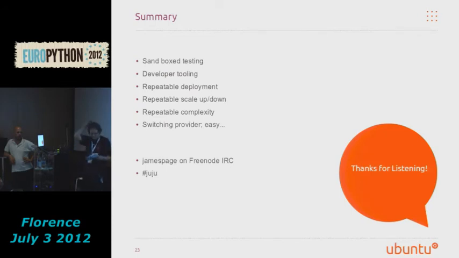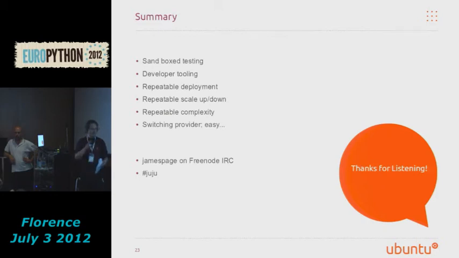Okay, so to summarize. Juju provides a great sandboxed environment using LXC for developing and testing charms. So if you want to get started with this now, you can run this on your laptop. You can run it in an EC2 instance and still use the LXC mode because it works there as well. You can also use that local provider for testing out or trying a charm from the charm store before you then spend some money on EC2 or hardware to actually deploy your services.